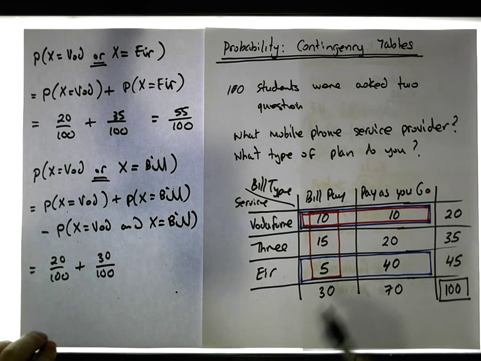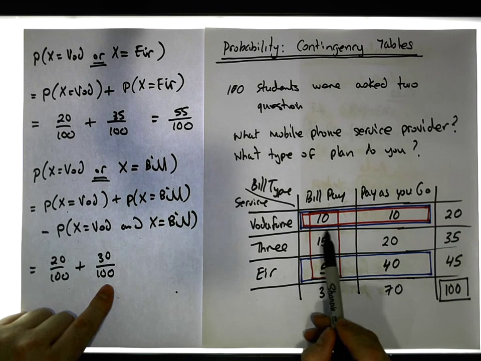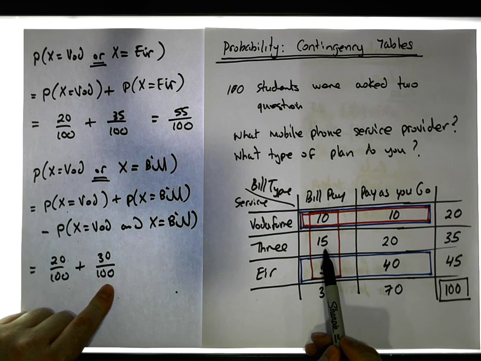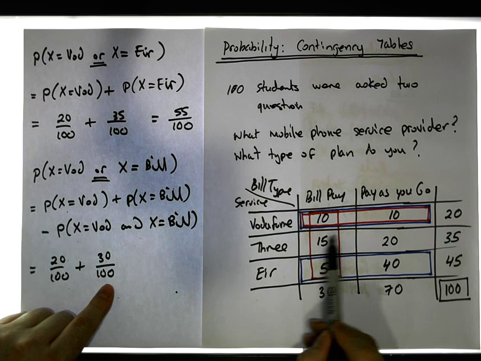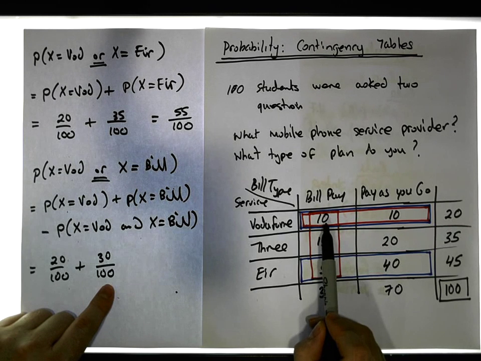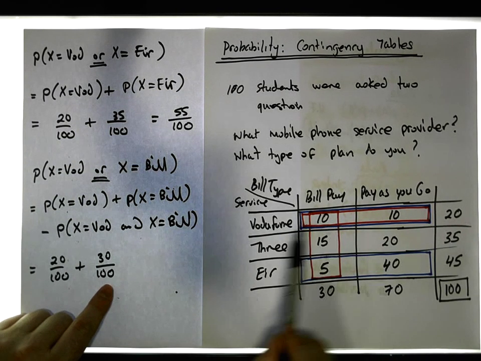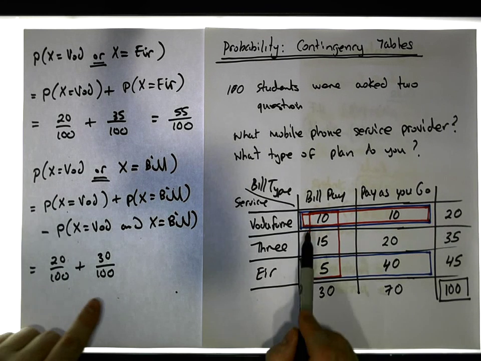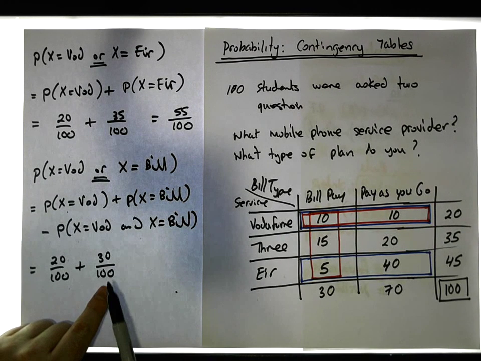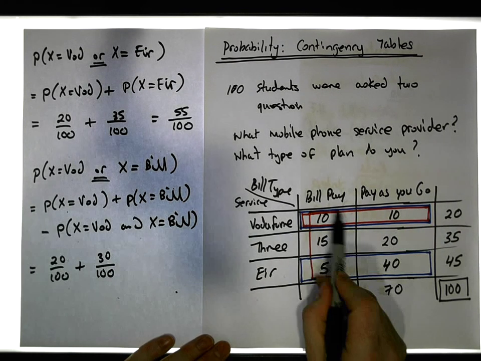Now you can see that when we calculate the bill pay, we counted these 10 people in here and these 15 and these 5. And actually in this process, what has happened is we've overcounted. We've counted these 10 people here twice. Once when we counted the Vodafone collection and once when we counted the bill pay collection. And these people in here, these 10 people